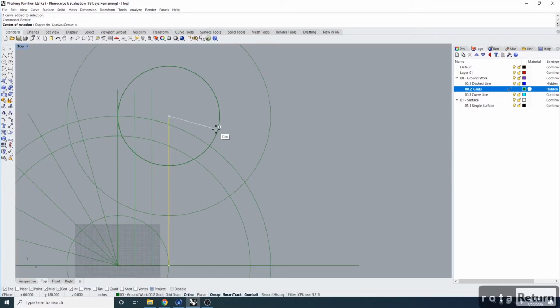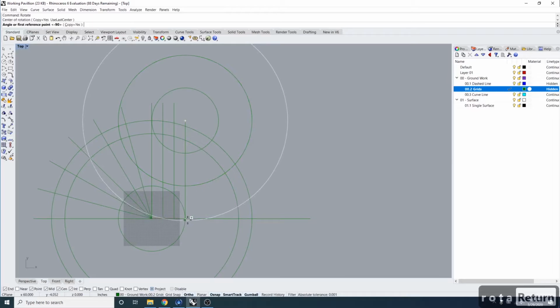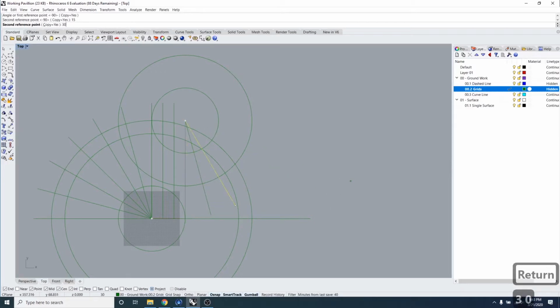Okay. So I'm going to select that object now, and I'm going to say rotate. Pick the center of my circle, pick the point that I want to move it from, and then pick the point that I want to move it to. I'm going to enable ortho so that I can see a preview. So I'm just going to say 15, and this time it is going the right way, so I'm going to say 15, and I'm going to say 30,